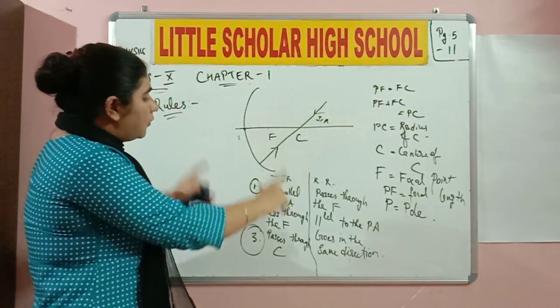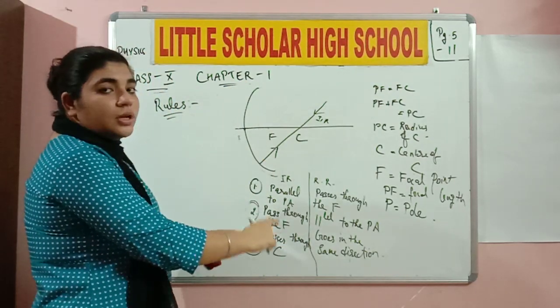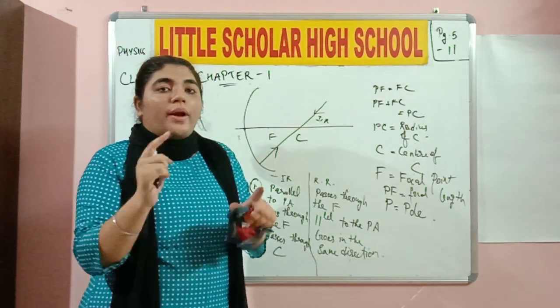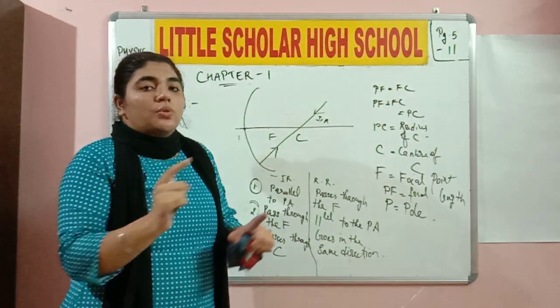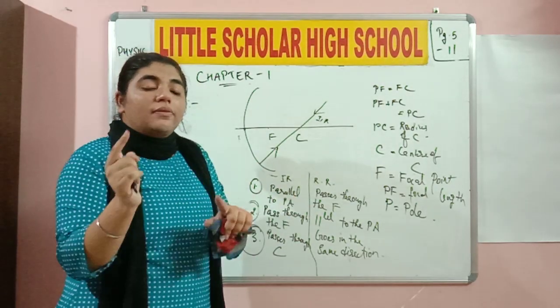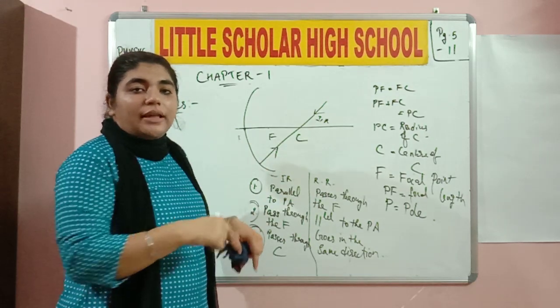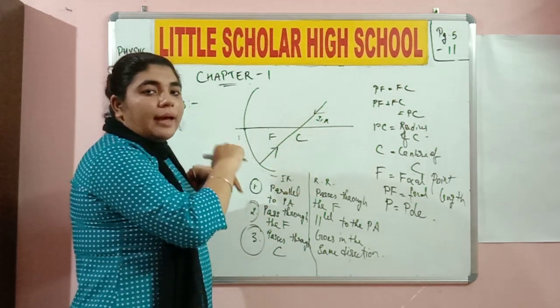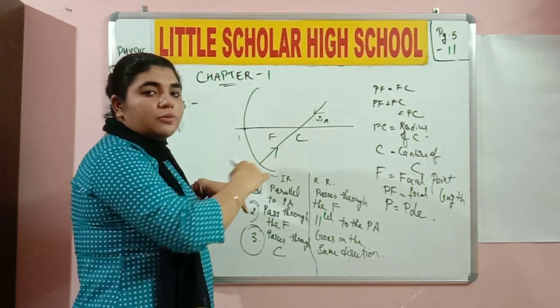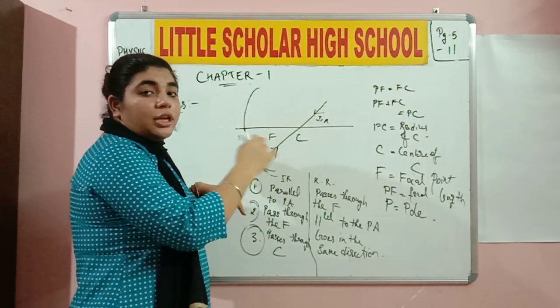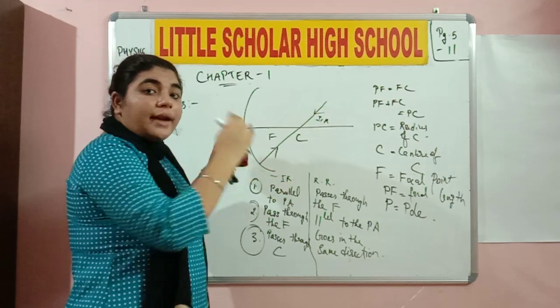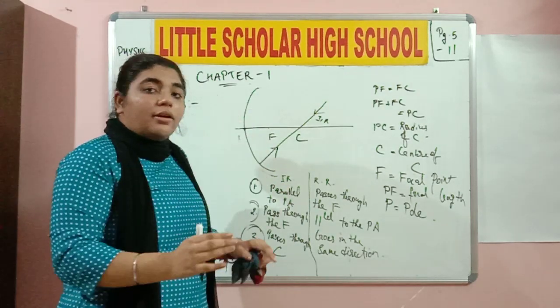Okay, I hope you have noted down all these 3 rules. These 3 rules will be applicable while drawing your concave ray diagrams, which I will be doing next. Those concave ray diagrams, how am I doing it? Just by my own? No. I am inspired by the lab activity that we just performed. Okay, the lab activity, we were placing the object at different positions. So definitely I got the images at different places. So that needs to be done in the form of ray diagrams also.